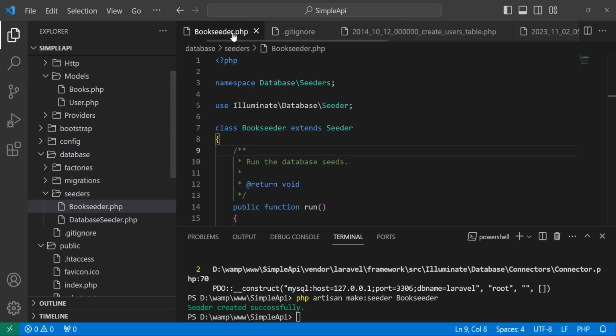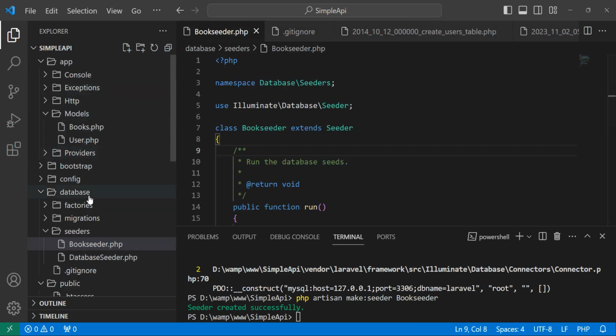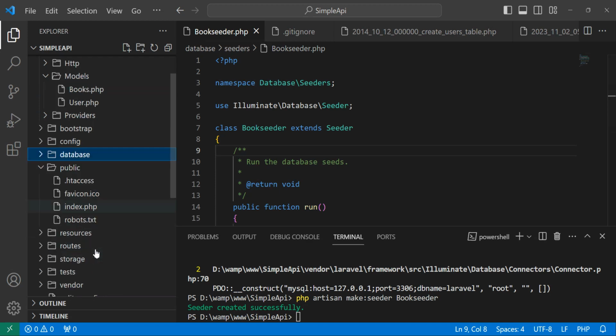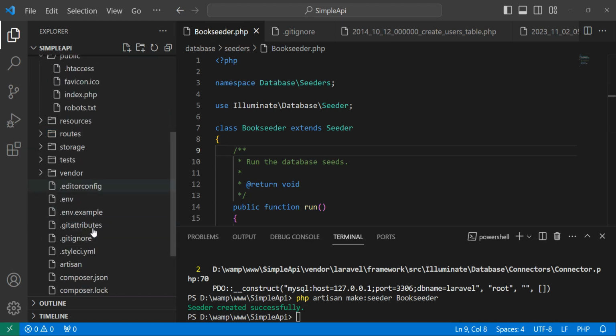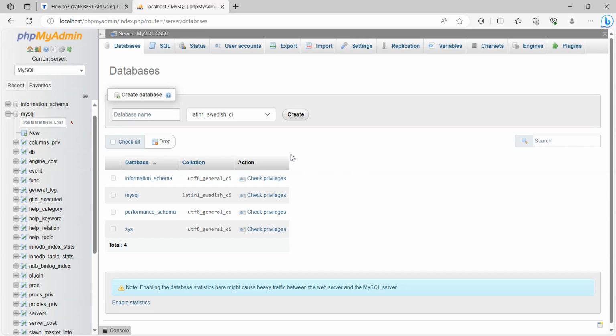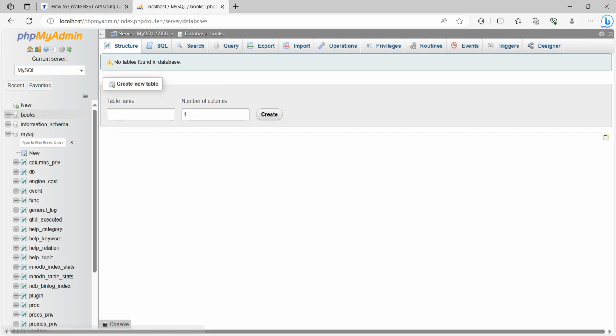which we can define in our file. So this is our config file in our database, and we will see the env file here. Here we can define the database name as books. Once this is defined, we will also create the database here. Once that gets created,